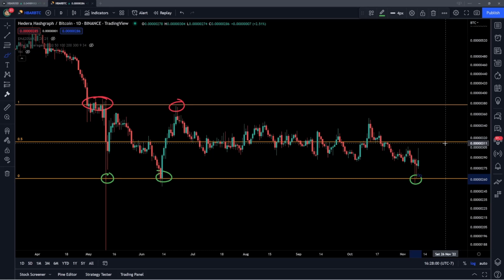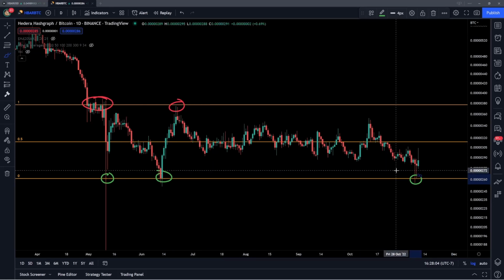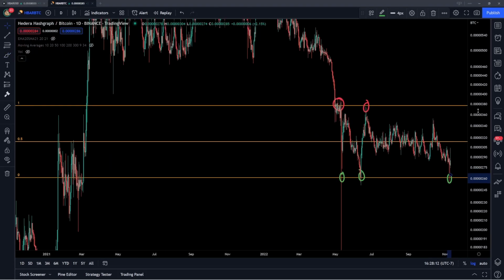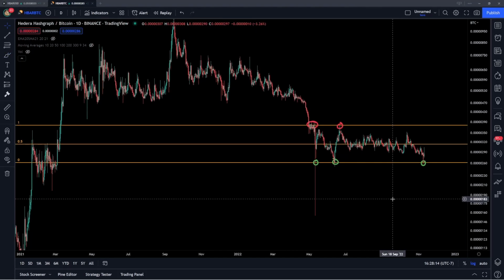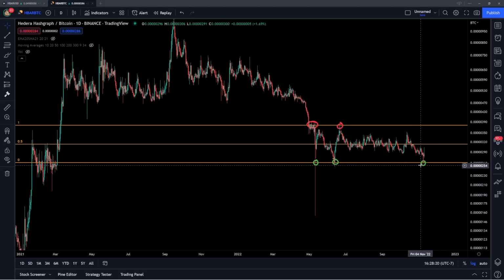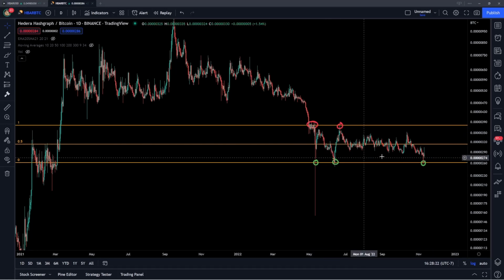So in terms of the longer term context, because this is just a few month long range, in terms of the longer term picture for HBAR, really I'm going to be focusing on if we do eventually get a breakout of this range. So I just want to zoom out here all the way. And what I want to look out for, especially into the end of the year and into Q1 of 2023, is a breakout for HBAR on this massive consolidation period.